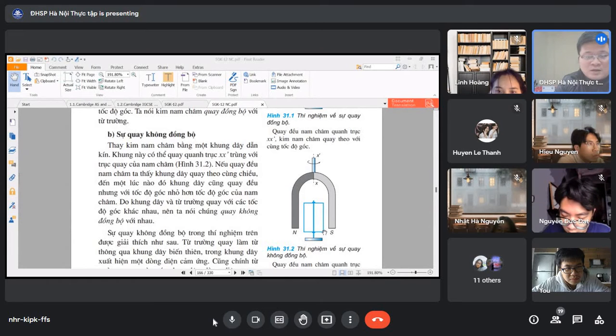So in physics we call it a couple. Because of that couple, the coil will rotate, and according to Lenz's law,